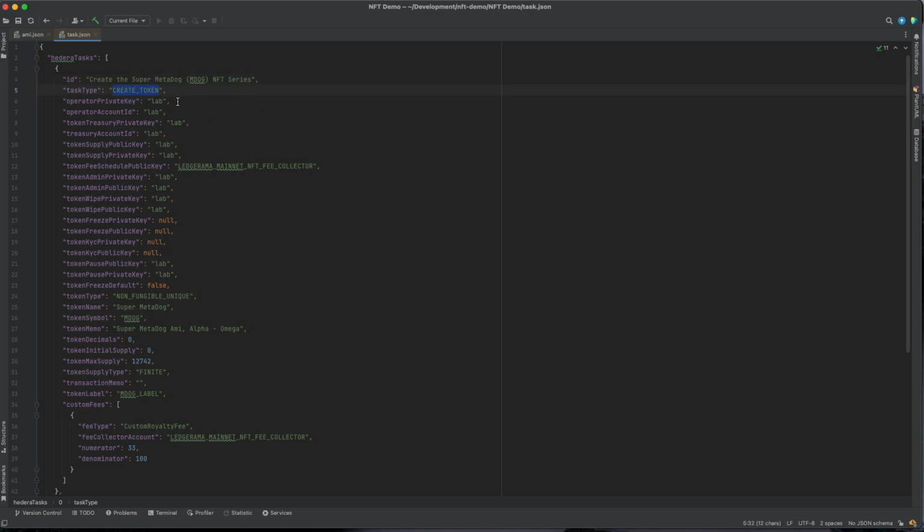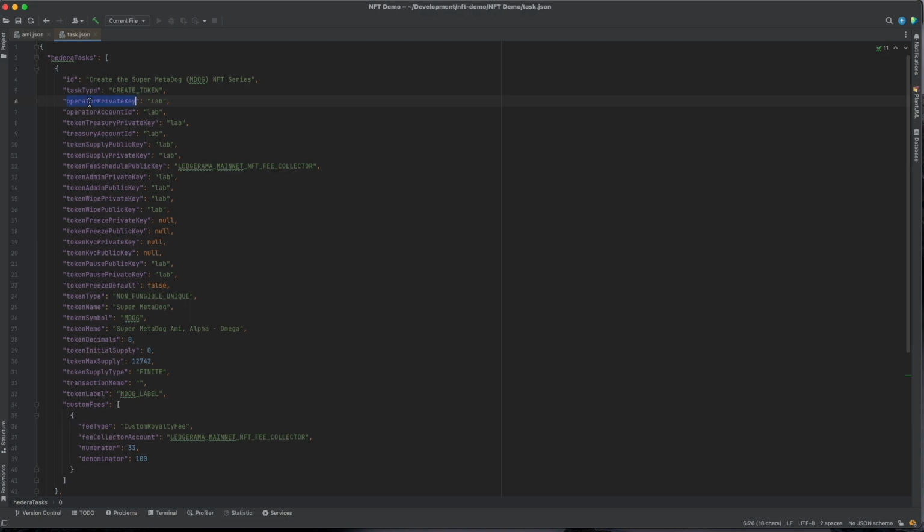We're doing the create token. We're going to use the lab mnemonic. So when you see lab here, this is an alias to the whole mnemonic. It's provided via a hidden file on the file system. Only the user has access to it on macOS here. So I provide it as an environment file to the server here that I'm running that's going to actually create